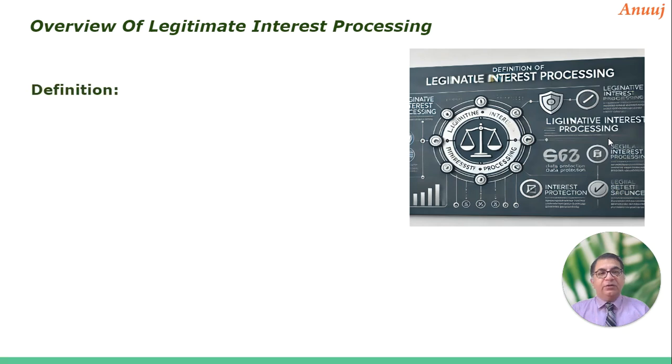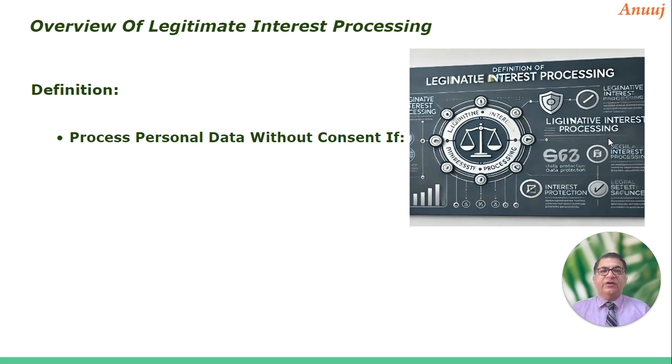So as I mentioned, you want to process some information for an urgent need or for some purpose, and you cannot wait for taking a consent. GDPR allows you to do that with some precautions. So what is the basic legitimate interest processing? Legitimate interest processing is when you are processing personal information of a user without his consent, but for a legitimate reason. The legitimate reason has to have a legal reason or a relevant reason behind it.